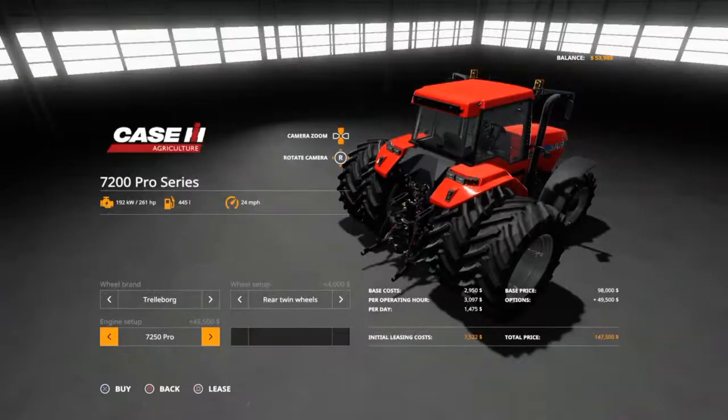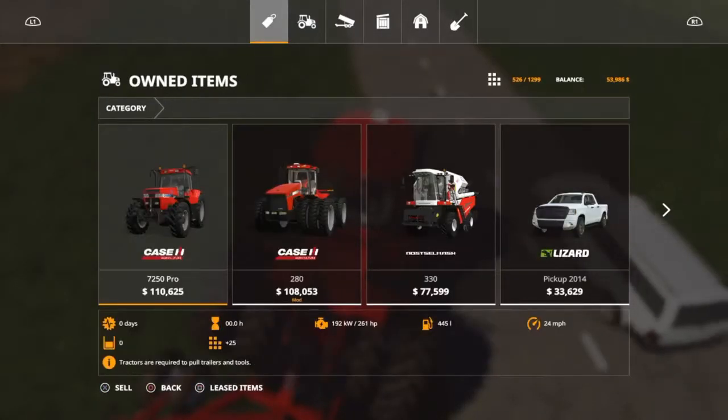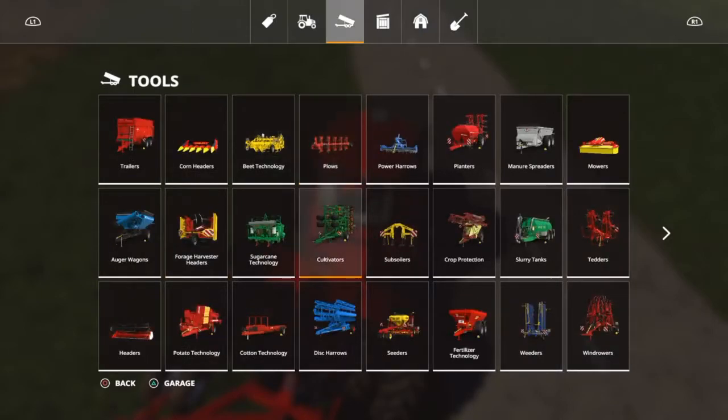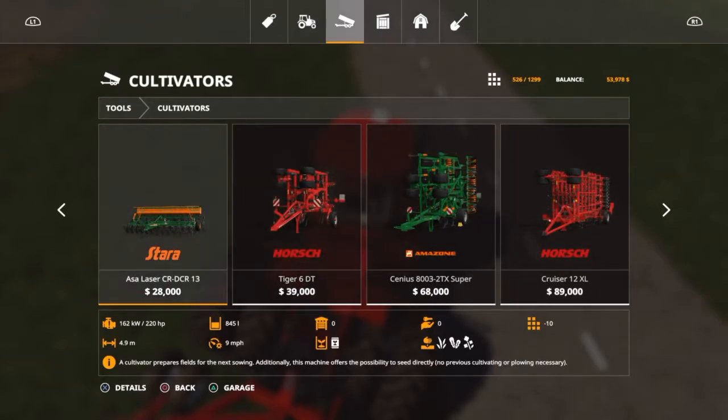$147. How much is that gonna put out for us? $261. Just puts out a little bit less power than the Steiger, but that's okay, because this isn't gonna do the bigger jobs. This is gonna do the